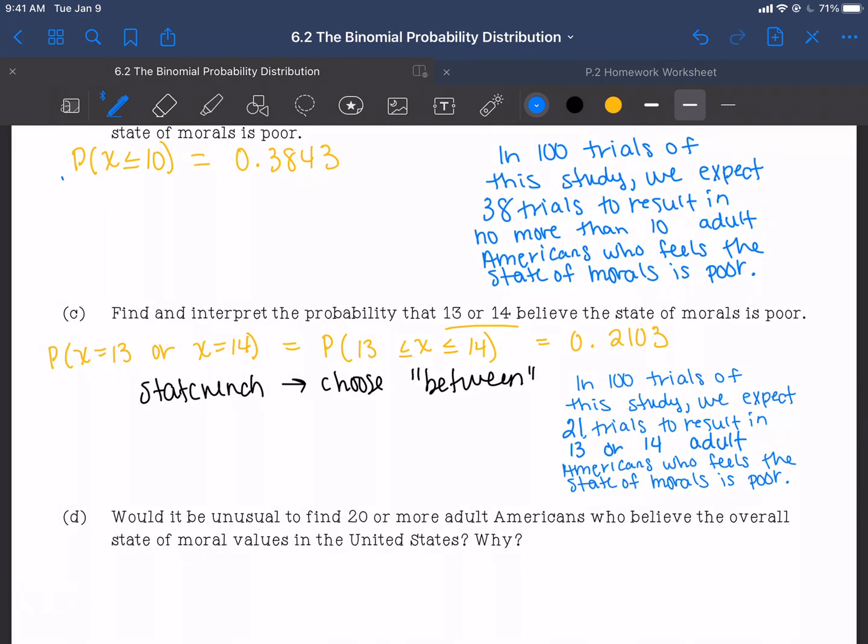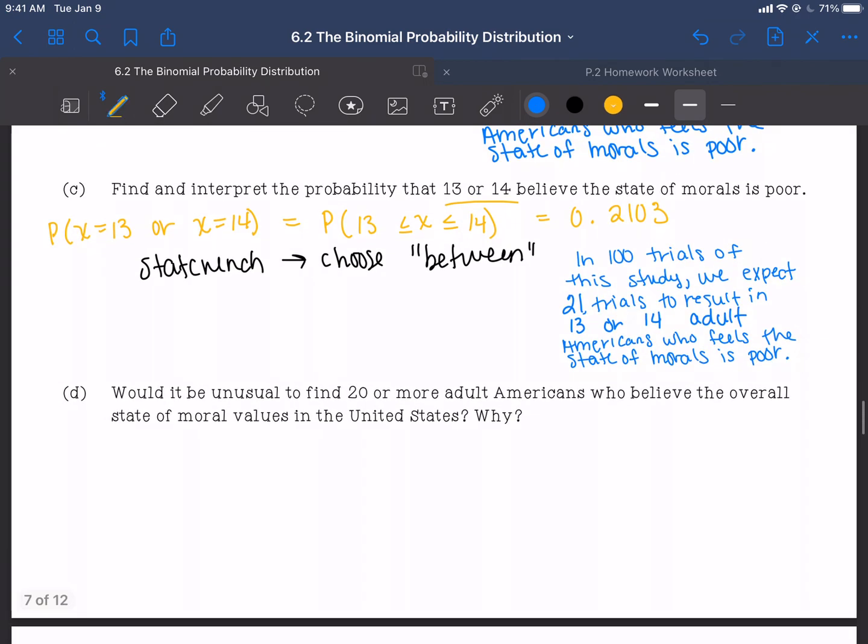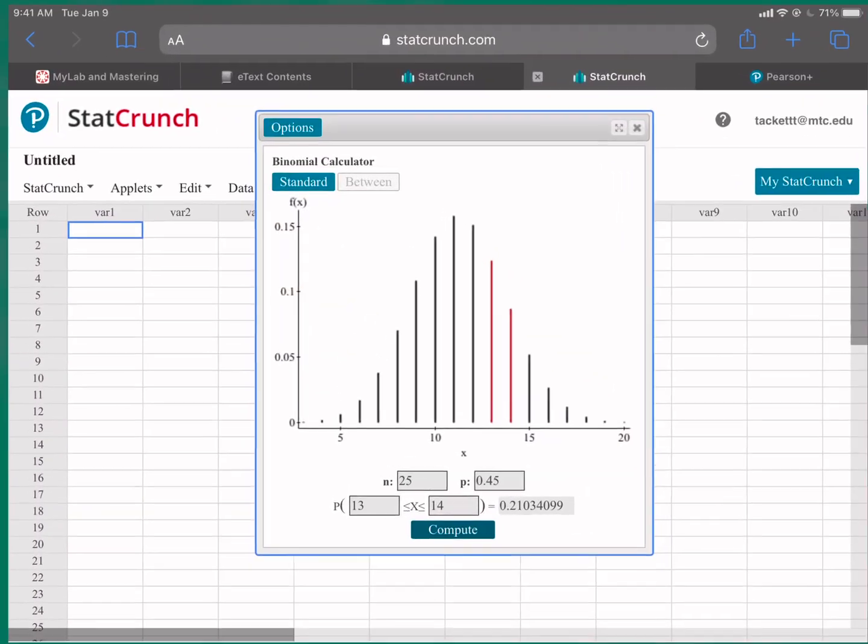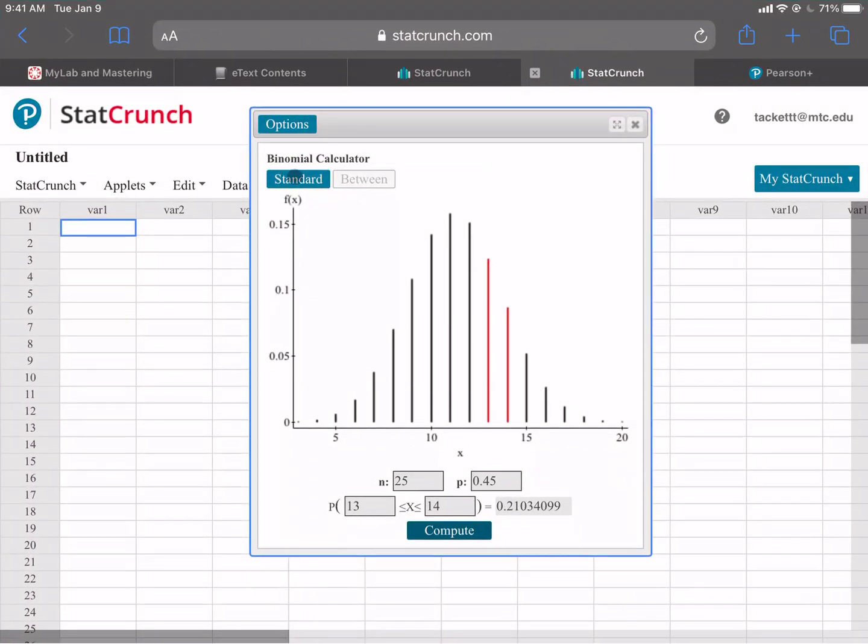Okay, so part D, would it be unusual to find 20 or more adult Americans who believe the overall state of the moral values is poor in the United States? Why? Okay, so first we need to know, well, what is the probability that x is greater than or equal to 20? 20 or more. So if we do that in StatCrunch, go back to standard, and we'll go greater than or equal to 20,